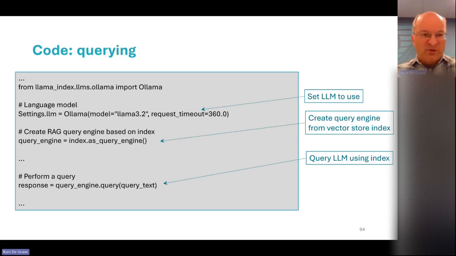Okay, so querying works like this. You pick a specific LLM model. Again, bigger models will give higher quality output. Then you select a query engine. As I said, the specific query engine will have a balance between accuracy in finding the nearest neighbor set and speed. And then you run the query like this.